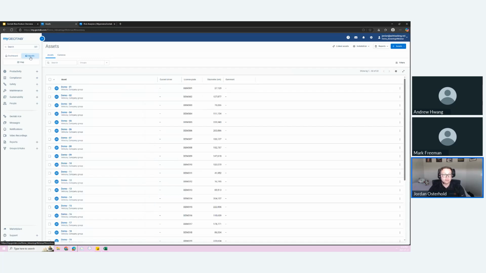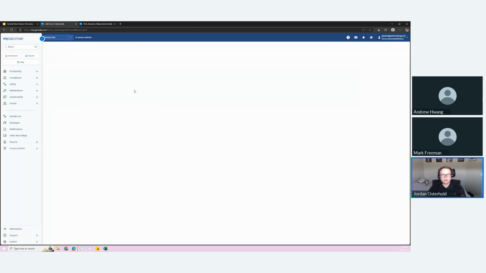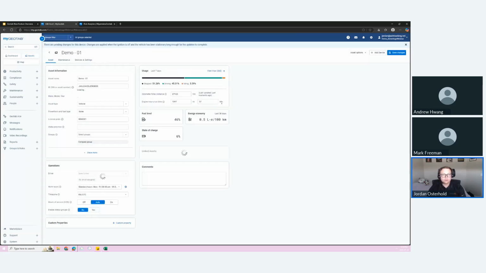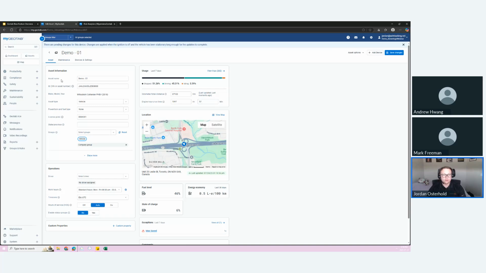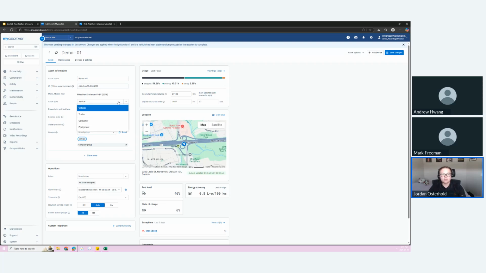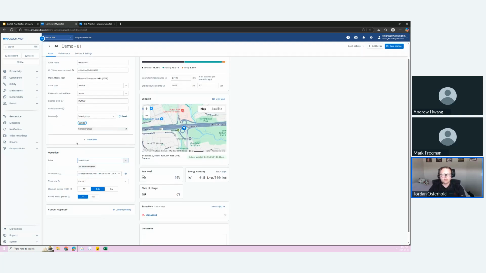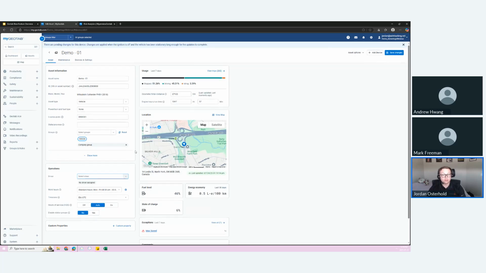We'll open the assets page in the top corner here, and we will select demo group 1 here just for this example. So once it loads in, you can actually see all the information you're probably used to seeing, including the name, the VIN, and then the big stuff here is obviously assigning which asset type it is, the powertrain if you choose to do that, and then the grouping is also available here as well. The big thing is obviously you can do driver assignment and hours of service from this page as well, meaning that it can all be done on one simple screen click